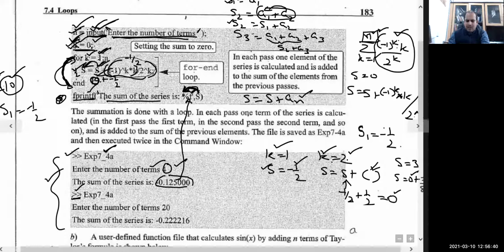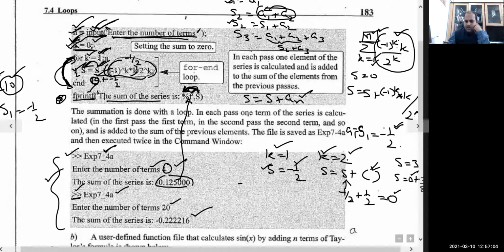Again, if you enter this program and let us allot the value of n as 20, then the answer is this. And how it is working I have already explained. In the first pass, S1, basically your first term A1, is equal to minus half. Just put k equal to 1, the first term. So it will be minus 1 raised to the power 1 into 1 by 2. So the first term S1 is minus half.